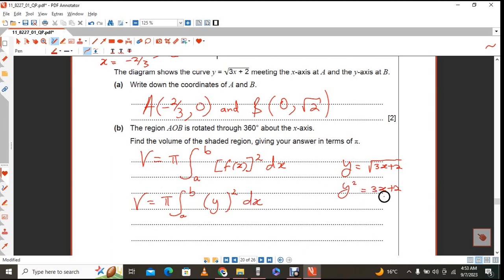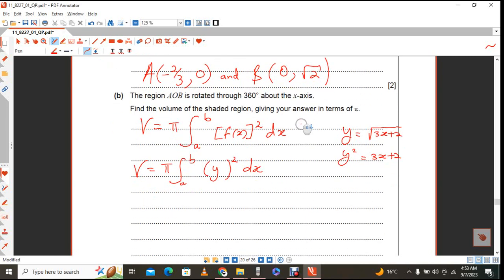So we know what y squared is. We can just put that whole 3x plus 2 in here. Or you can put it under the square root and have the square. The square root and the square will cancel each other anyway. So that's the general formula. So we are going to have V equals